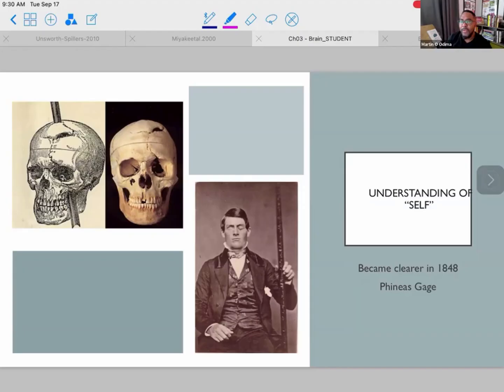And a lot of people who knew him really well noticed that he wasn't himself anymore. His brain was obviously severely damaged when the rod blasted through his jaw, and it altered his personality and his sense of self until his death. So definitely an interesting story to look into.